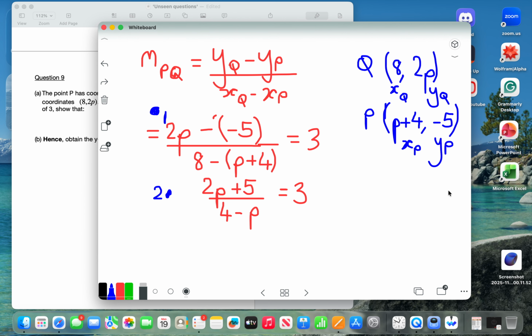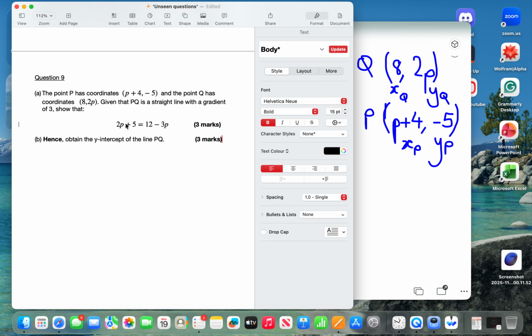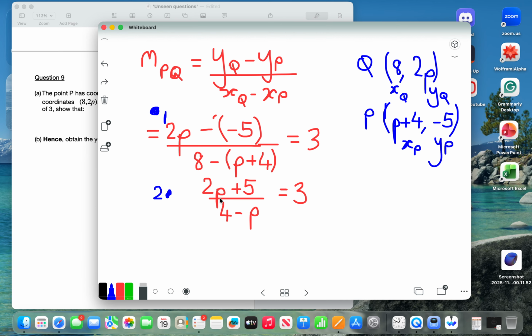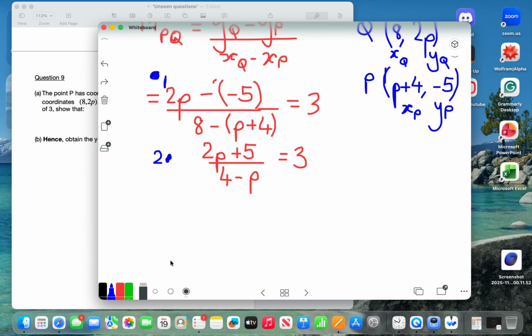If you're looking at this, especially in an exam situation where it's stressful, then this will be difficult. But all you have to do is, you see you've got 2p + 5 on the left hand side of that equation. The 4 minus p is on the bottom of the fraction, so if we multiply both sides by 4 minus p, we can cancel out the 4 minus p on the bottom. So doing that gives us